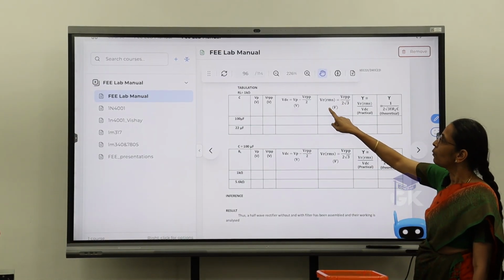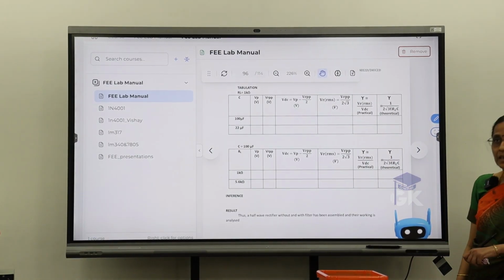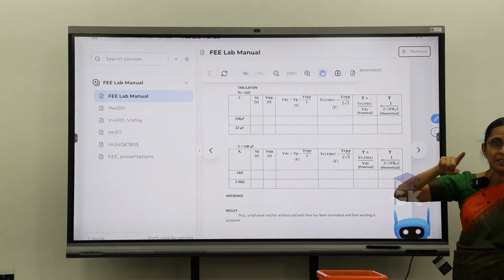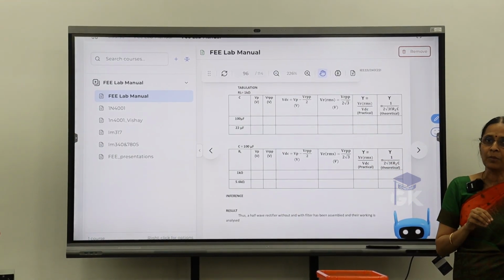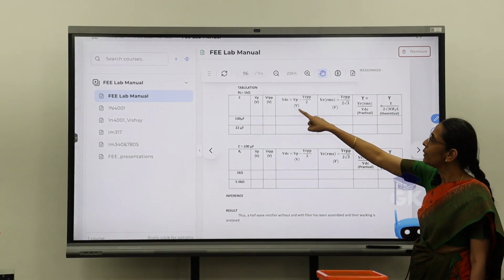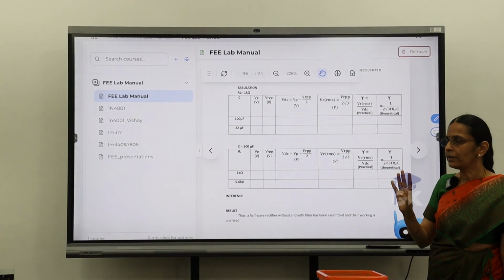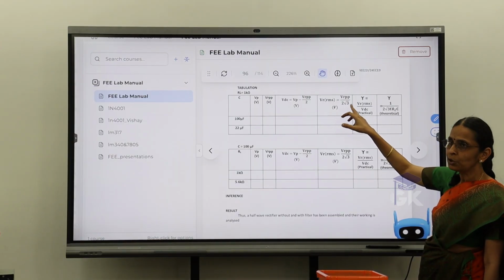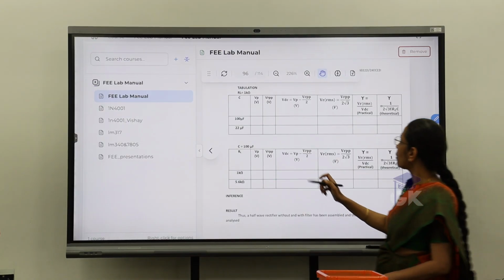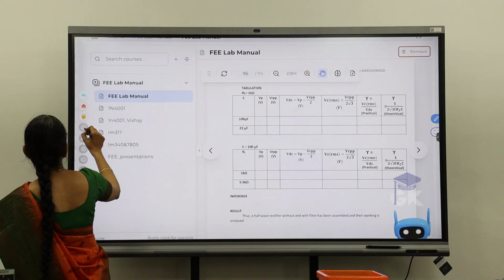Then VR of RMS. What is VR? Ripple voltage. So the ripple voltage RMS value, because still it is not pure DC, there is some ripple present. So what is the AC component present? The RMS value of it we are finding out. That is equal to ripple peak to peak divided by 2 root 3. These are all derived formulas, let's not worry about it. So VR of peak to peak divided by 2 root 3 is nothing but the RMS value of the ripple voltage. If you want, I can write here. This is your RMS value of ripple voltage.